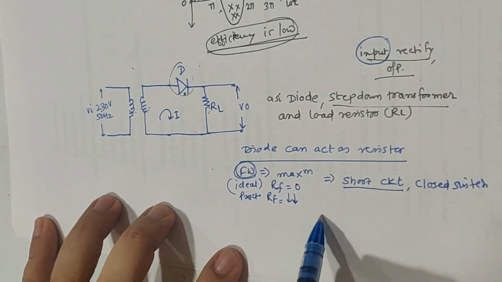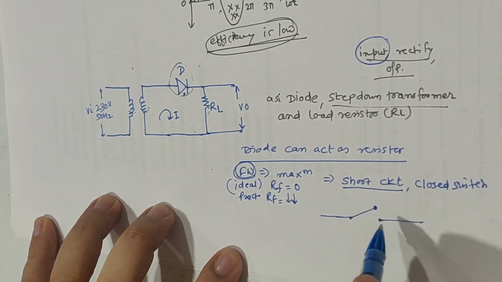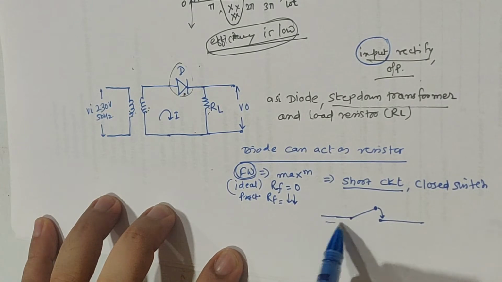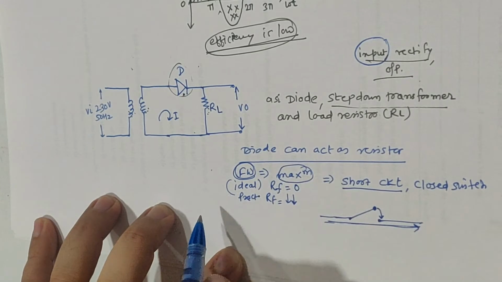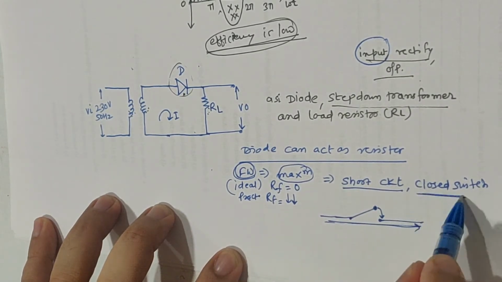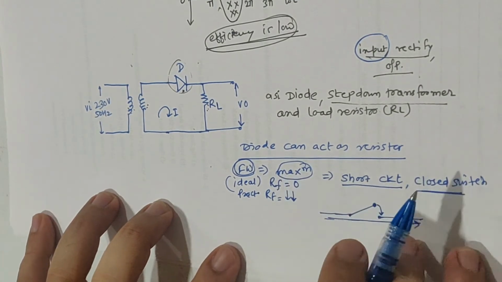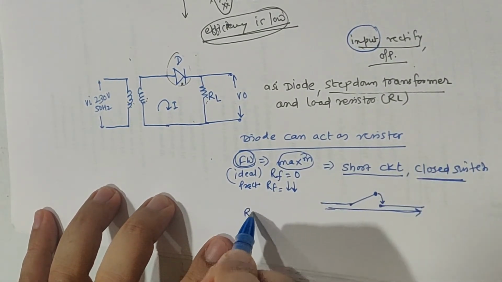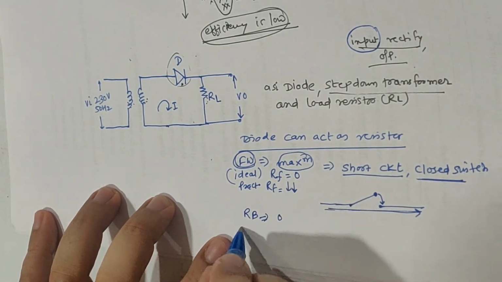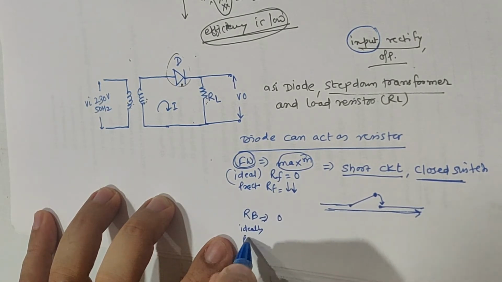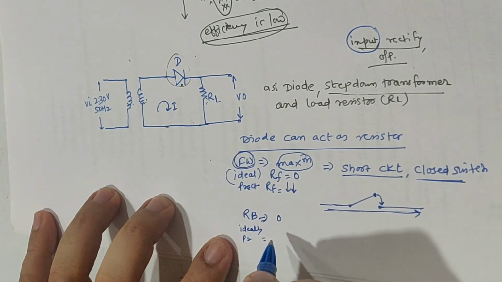See this. This is a switch. If this switch is closed, then only the current will flow. In forward bias, maximum current flows, so it is a closed switch. Because it is a closed switch, maximum current is flowing. Now exactly the opposite will happen in the reverse bias. Zero current flows in the reverse bias, ideally, and practically only some current flows, because of minority charge carriers.